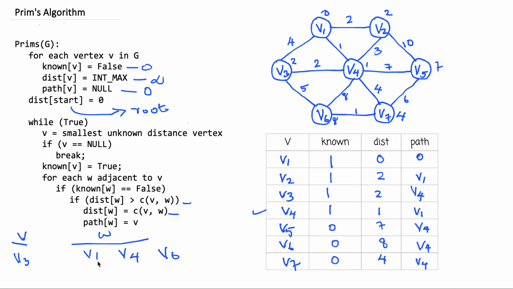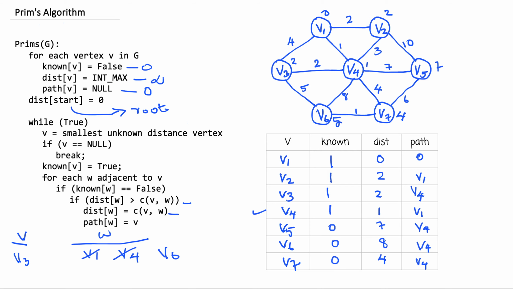Out of these 3, V1 and V4 are already known. You can look at this table. V1 is known, V4 is known. So I do not want to consider these 2 vertices. The only vertex I need to consider is V6. And the distance that is presently there with V6 is 8, but the edge cost from V3 to V6 is 5. So I can update this 8 with the new value 5. So I can remove this 8, then this will be 5 now,